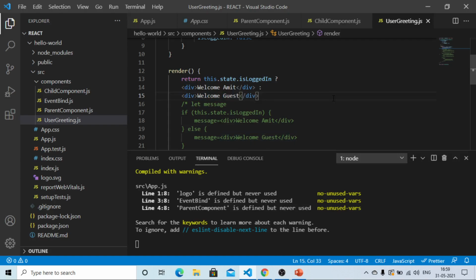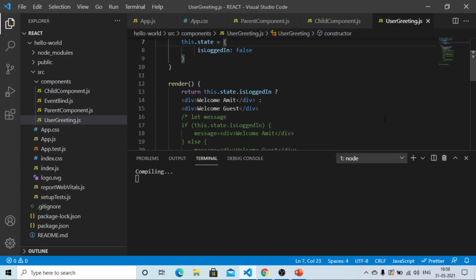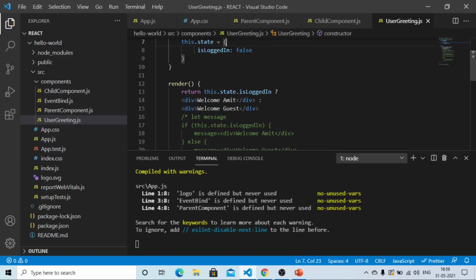So if we can see here, the value of the state property isLoggedIn has been set to false here. So the welcome guest message should be there in the browser. So see here, it is as expected, the welcome guest message is there.